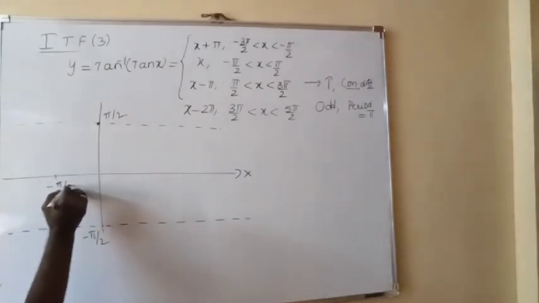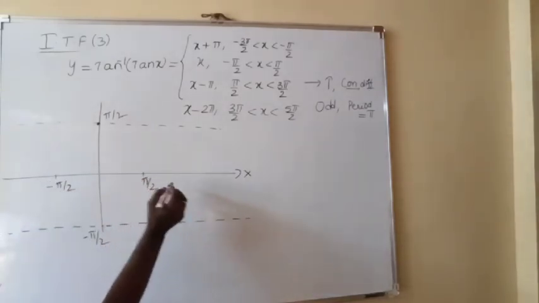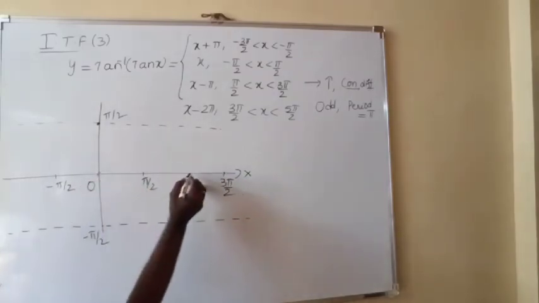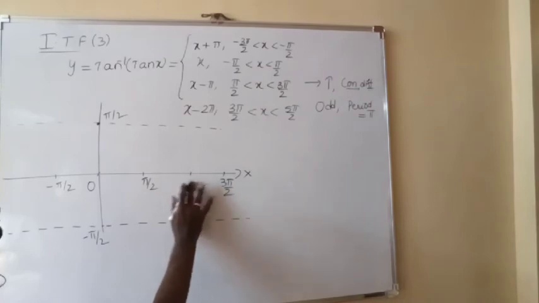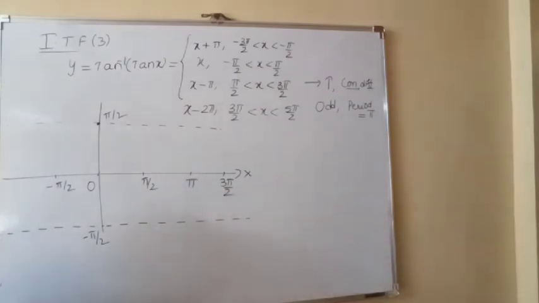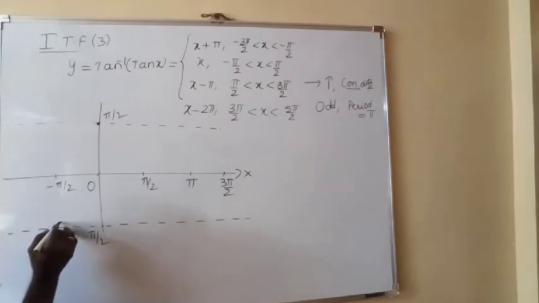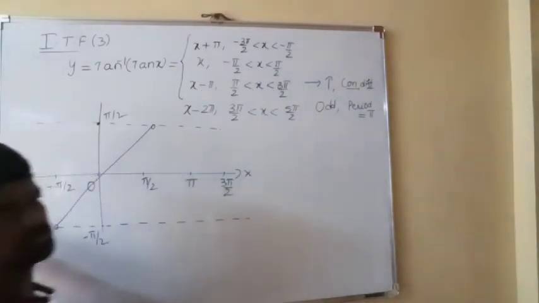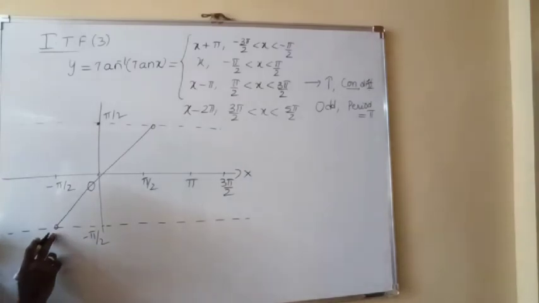So minus pi by 2 to pi by 2, next to 3 pi by 2, this is 0, this is pi. This graph also intersects the x-axis at all integral multiples of pi. Okay, so we will get the graph like this, because y is equal to x is valid only in the open interval minus pi by 2 comma pi by 2. So at minus pi by 2 and plus pi by 2, this function is not defined.